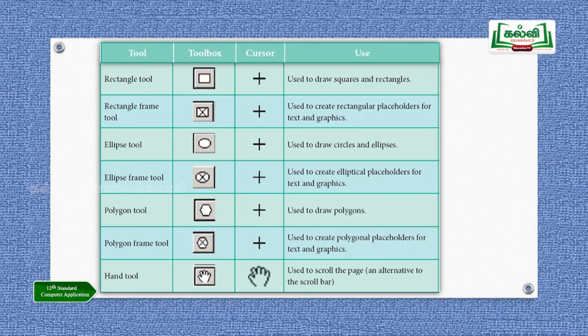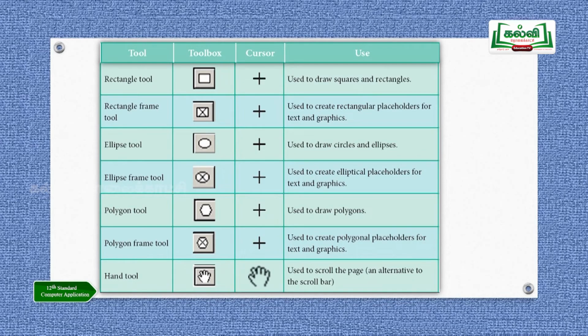Line tool is used to draw straight lines, and the constraint line tool is used to draw vertical and horizontal line at the same time. So, this will be very easy and take little time for you. You will feel relaxed to answer this question in your annual examination, right? Okay. Next, we will move on to the other thing, polygon tool and polygon frame tool, the same thing. So, if you remember the line tool, line constraint tool, rectangle frame tool, ellipse frame tool, polygon frame tool. Just like that, I gave you 8 examples. So, if you remember these 8 itself, that is enough. Apart from this, you have pointer and text tool. 10 options is enough. Pointer and text tool.